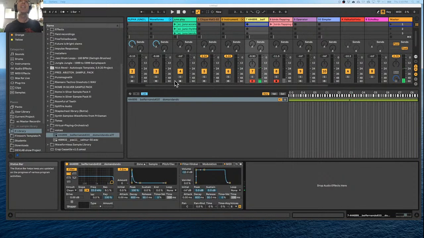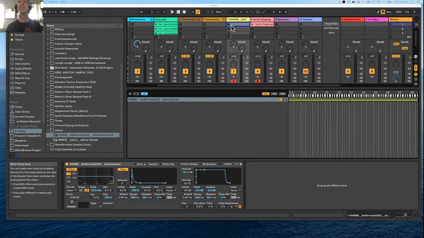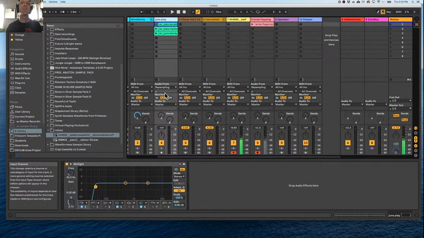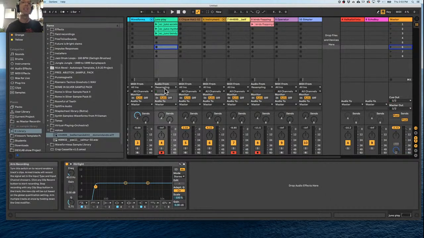Oh yeah, I should have said at the very beginning, make a sample, make a resample track. Like I've got this one here, it's set to resampling, I can arm it, and anytime you hear a cool sound,